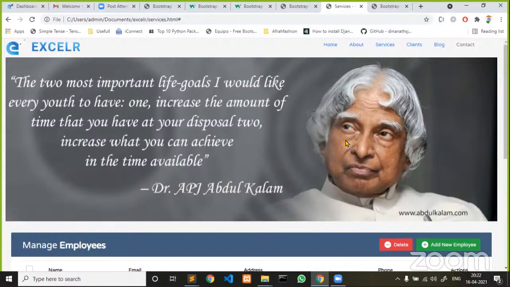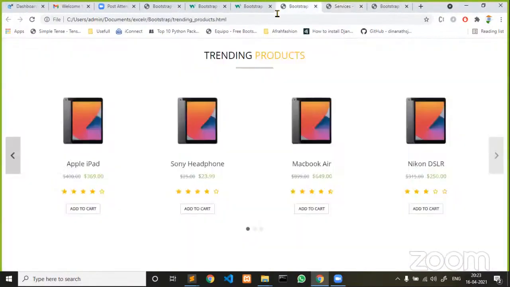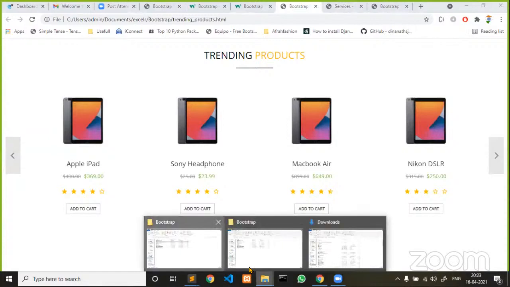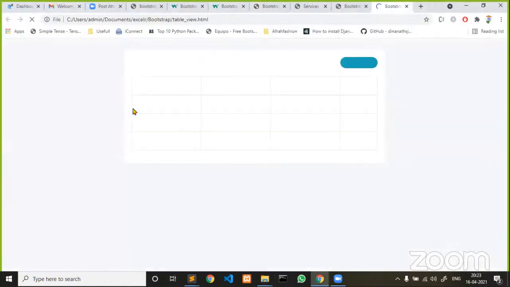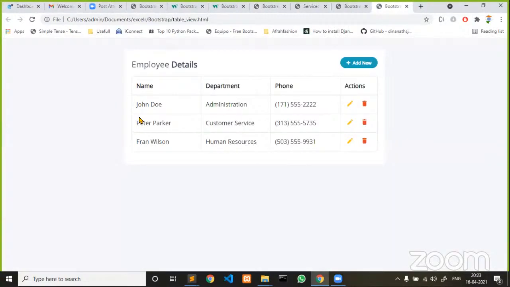Now I'm going to explain different reusable components. I also created, if you go to the login form, data that you want to present in a table format. You see here, this is a table. On hover, there is no hover example now. If you want to change the background color on hover, see how quickly I am changing it. If I go to table view,